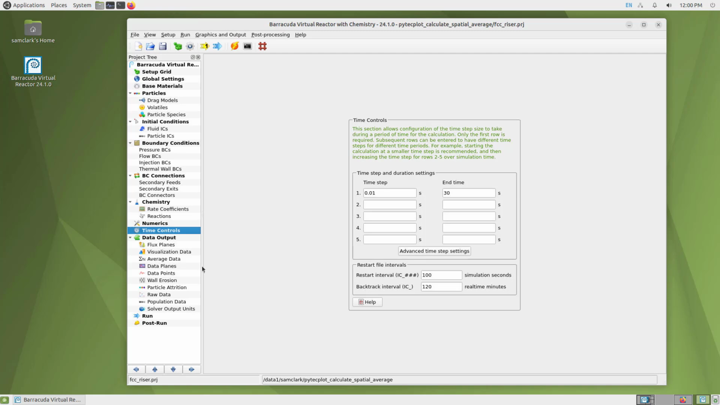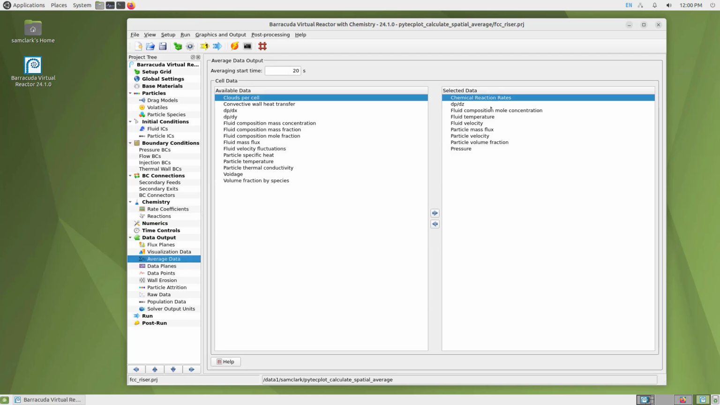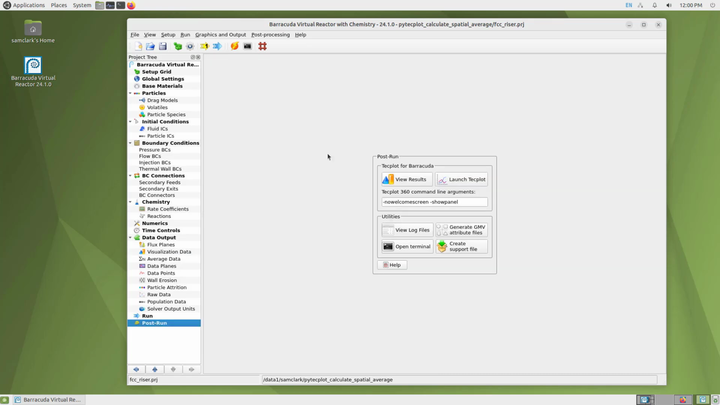One thing that we'll be using here is time average data. In this case, time averaging was set to start at 20 seconds. We're going to look at calculating the spatial average of Barracuda's calculated time average for particle volume fraction as our example for this video. So to do this, the first step is usually to go to post run,